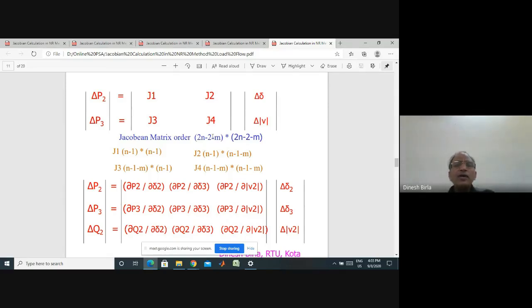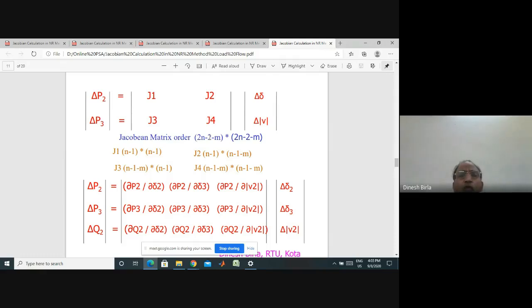Now you see why it is 2n minus 2 minus m. That means if you have a Jacobian matrix, its order will be (2n minus 2 minus m) into (2n minus 2 minus m), and I will tell you now what n and m mean. n is the total number of buses in the system. How many buses are there in the system? 3. So 2 into 3, so 6 equations, and